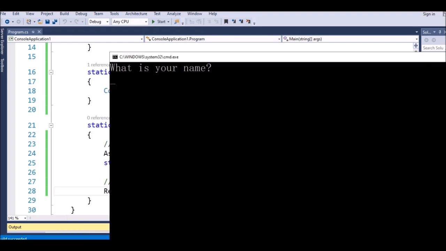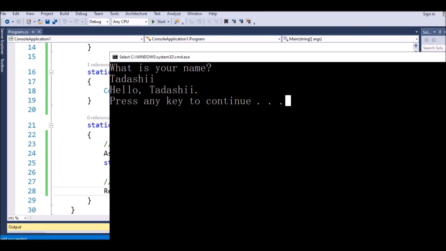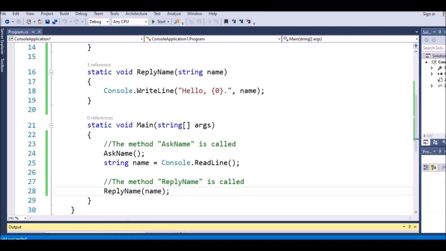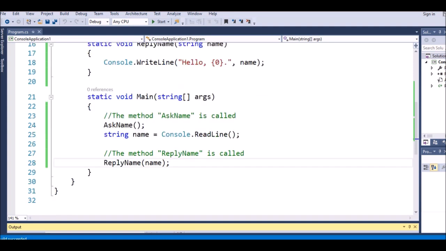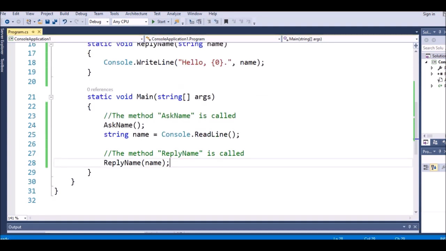The program will ask, what is your name, right? For example, you will put the name, so I put Tadashi like this, and then the program will reply automatically, hello Tadashi, to me. So this is about how we ask the user for the name, and then we will ask the age. So next we will create the method